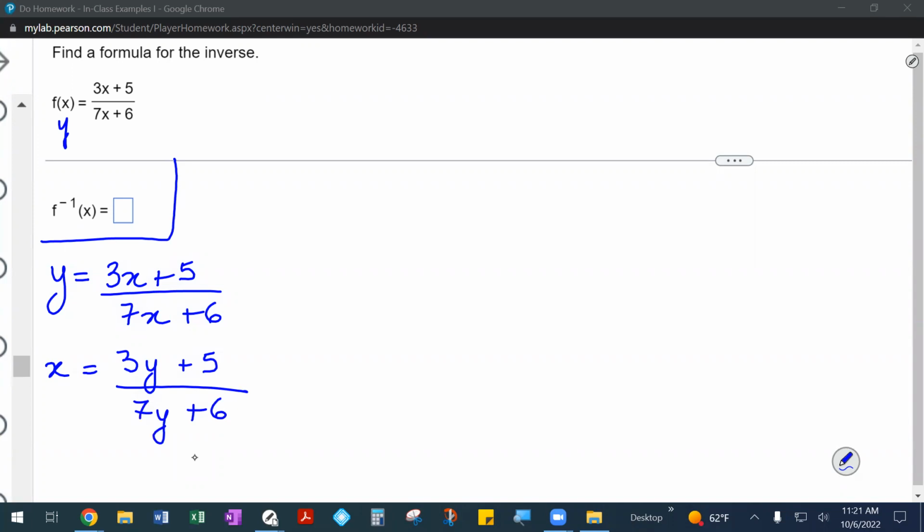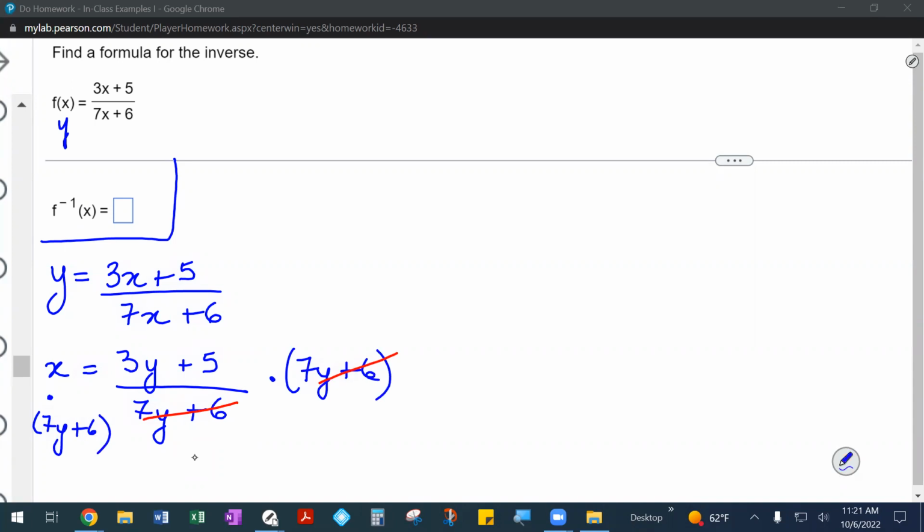Okay. Now the idea is, since we have y in two different locations, we need to try and get the y's together, find a way to combine them. So the first thing we'll start by doing is take that denominator 7y plus 6 and multiply it on both sides of our equation, which will of course cancel out on the right hand side, leaving us behind with,